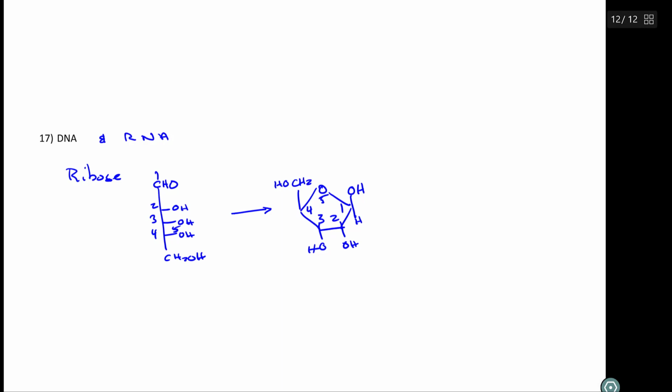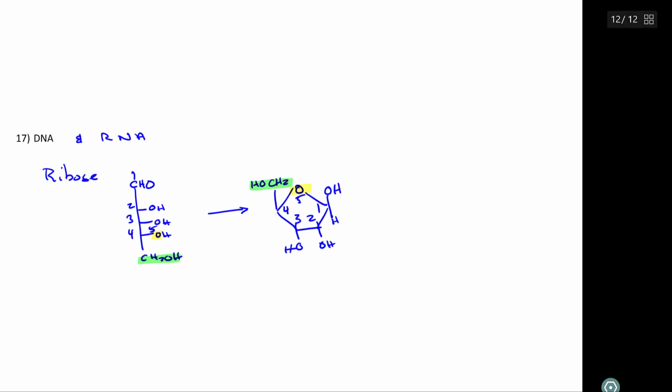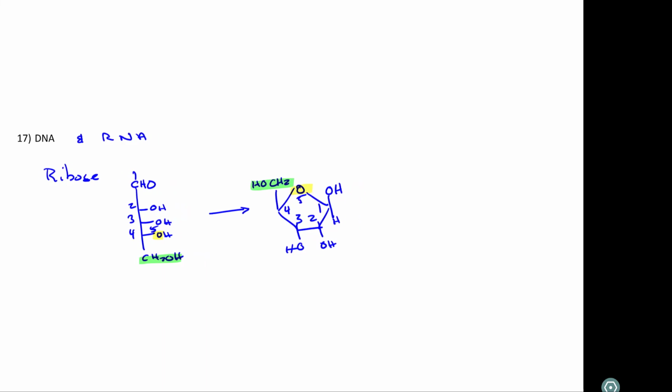So let me highlight a couple of those things just so you see those a little better. That's the CH2OH there. And then this oxygen is actually that oxygen in the ring to make the 5-membered ring. That's not the nomenclature numbering, that's just to get the ring size, right? So when you have RNA, you have ribonucleic acids, and in a ribonucleic acid, what you have is a substitution at